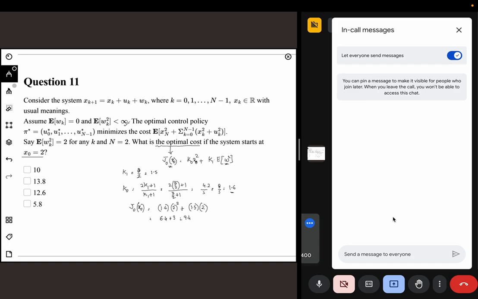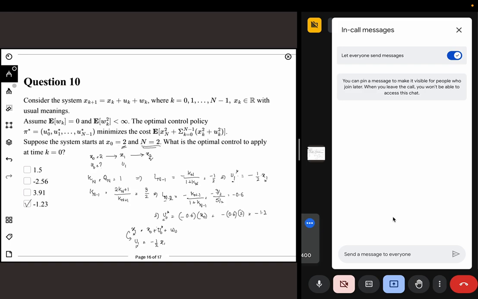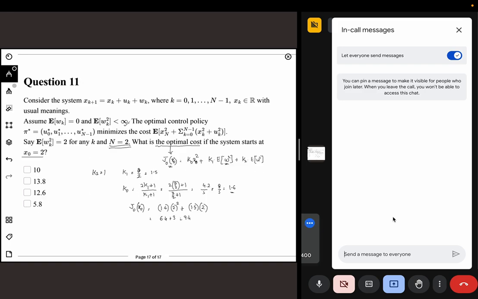Oh, sorry, n equal to 2, so there is another term that is coming, k2 times the expected value. And I know the value of k2 as well. K2 is 1. If I substitute that,